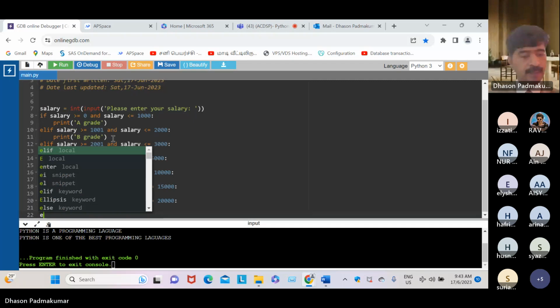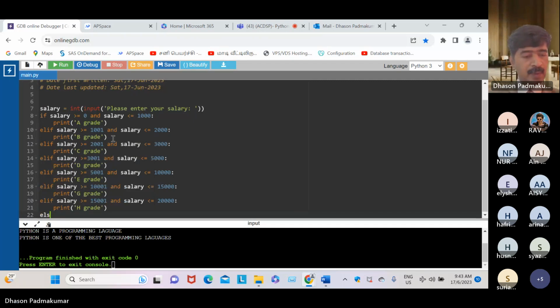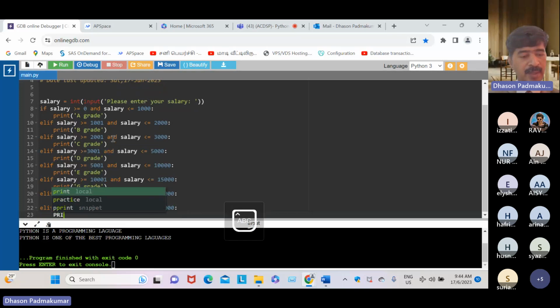Then elif salary greater than or equal to 20,001 and salary less than or equal to 32,000, and let's print I grade.